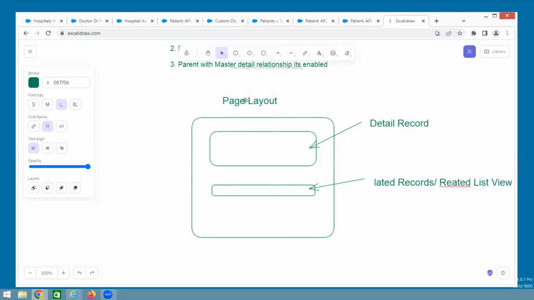Technically, it is the page layout. Within the page layout, whatever record is there, that is called the detailed record. Within the page, the related information table is called the related list. That's it. Understand? Now guys, in our case,